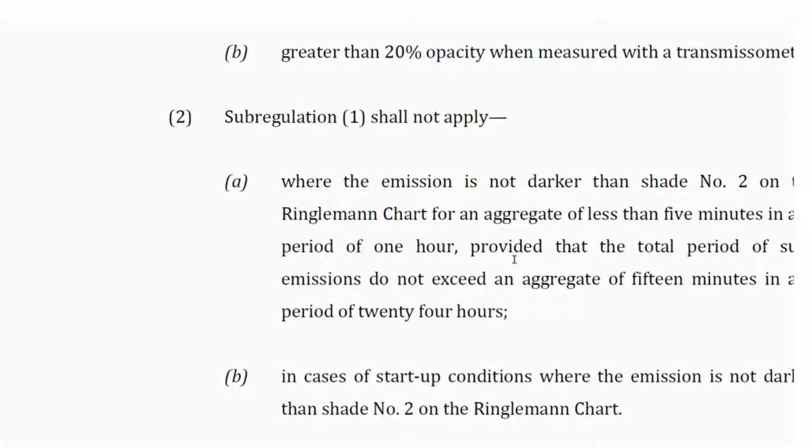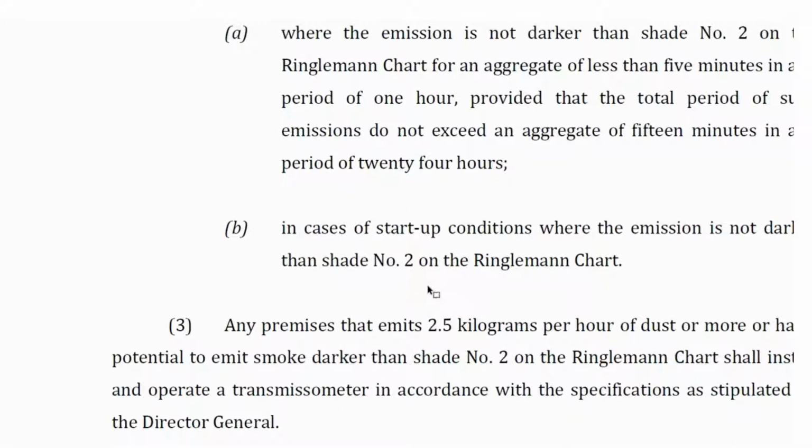within certain limit. It should be less than 5 minutes in any period of 1 hour. Okay, and with the total should not exceed an aggregate of 15 minutes in any period of 24 hours. So you can have a startup with a dark smoke, but it should not be continuous. Because if it is continuous, okay, what it's saying is, apa yang regulation 2 cakap adalah, if you're going to release dark smoke due to startup so that the system can get regularized, then